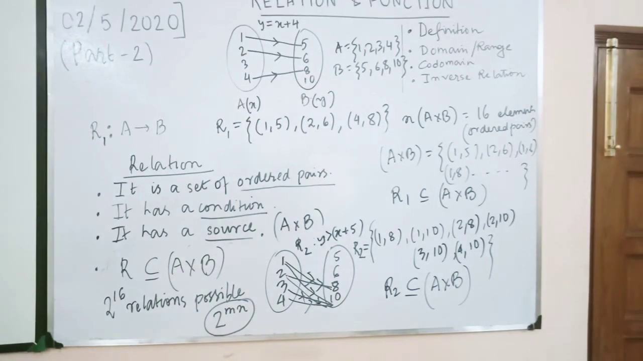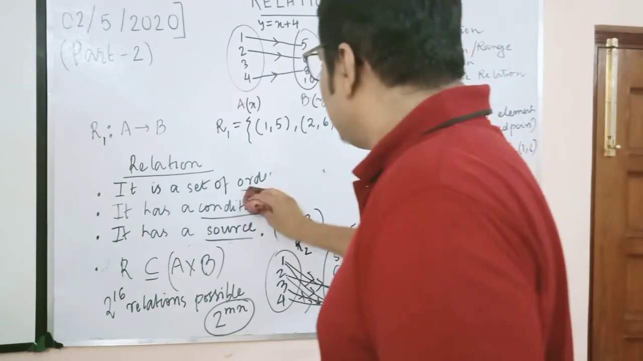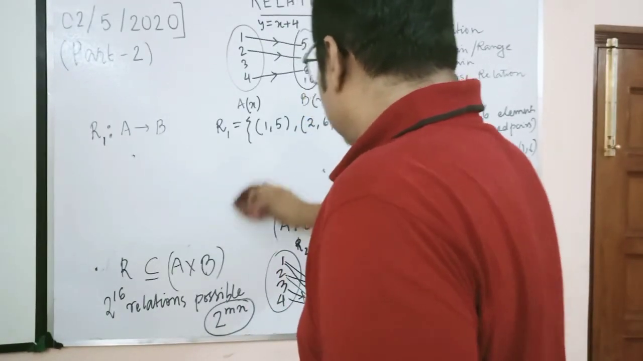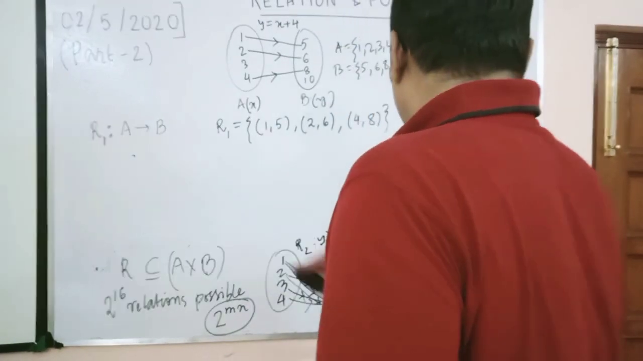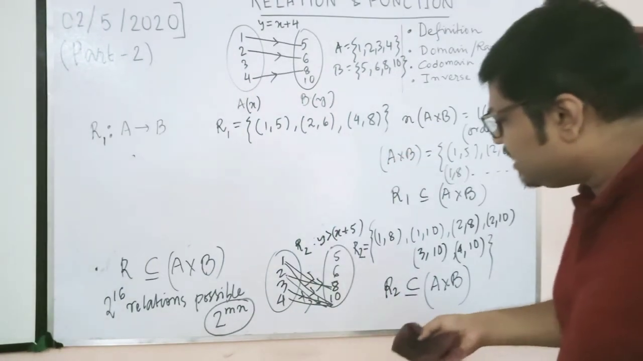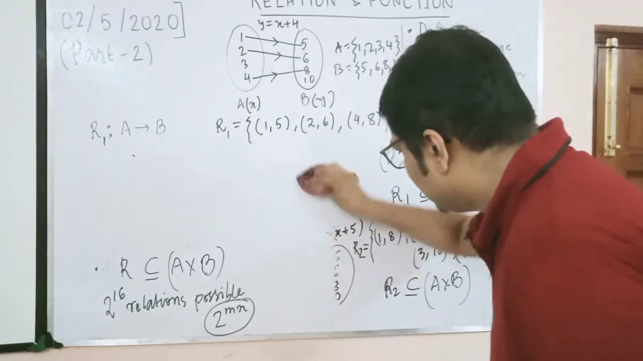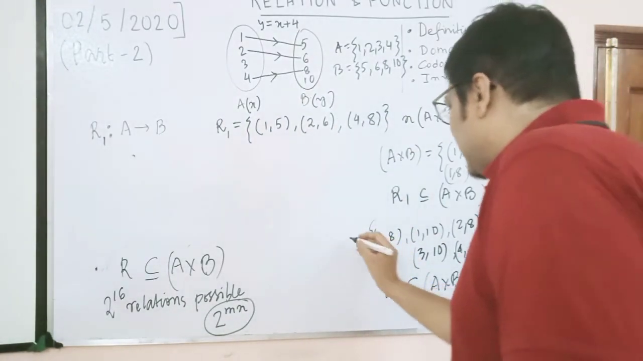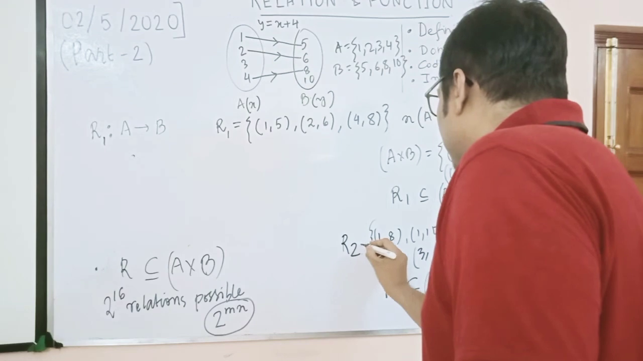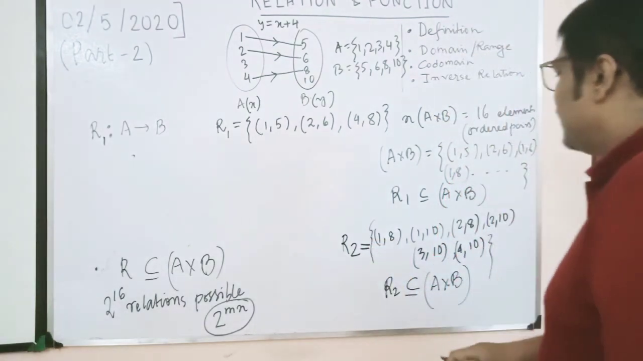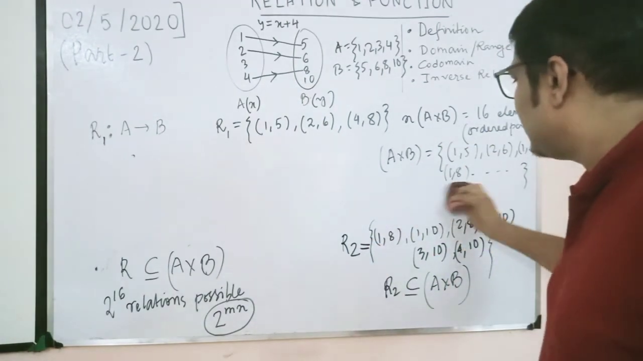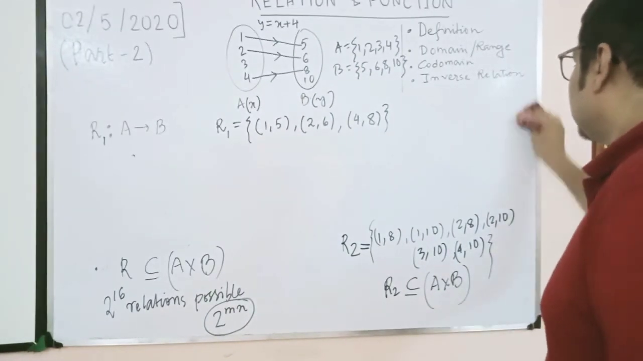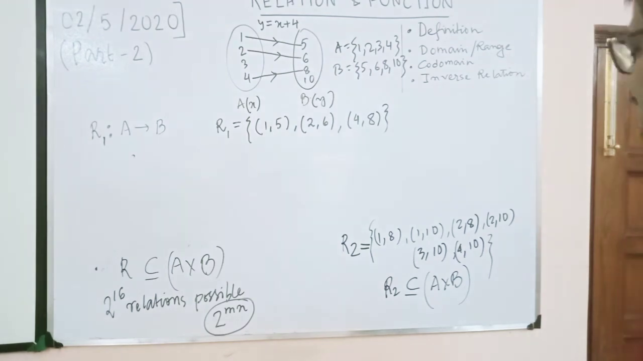So I'll erase a part. This part I'll erase up, the definitions and all. Okay. So we have two relations. I'll write it a little better way. So this is R2. Okay. And this part also I will erase out. Okay. So now